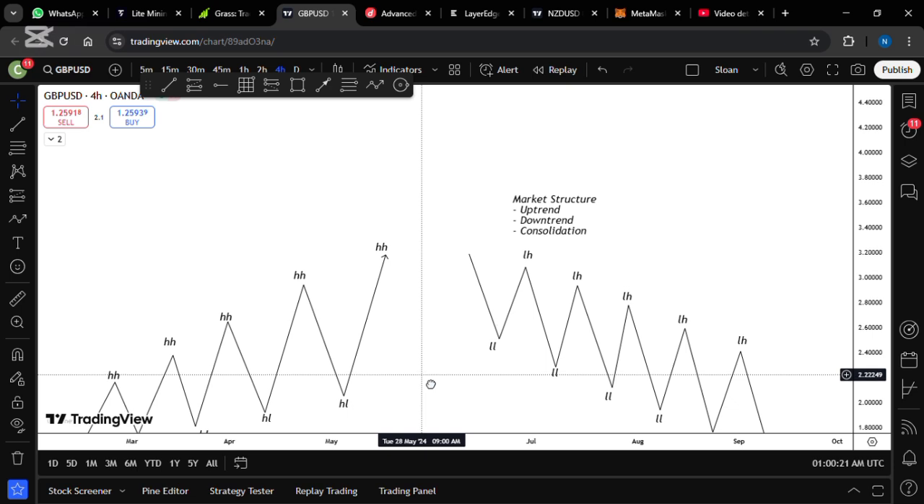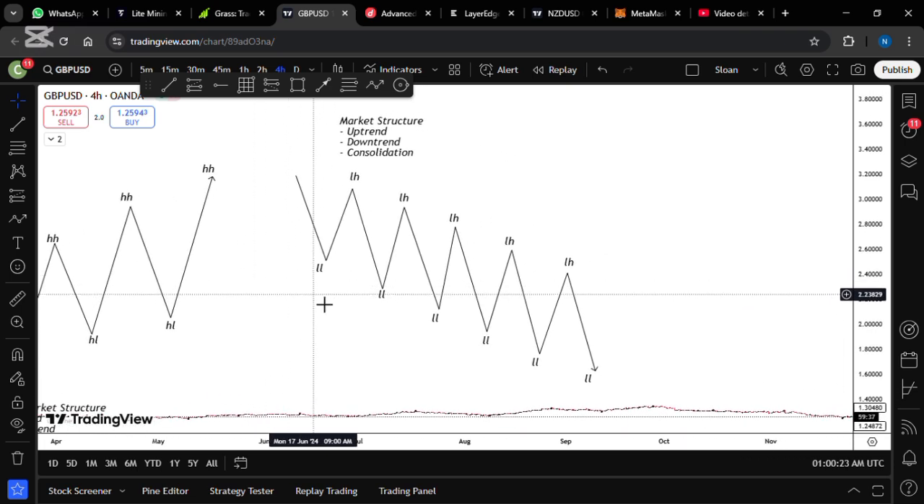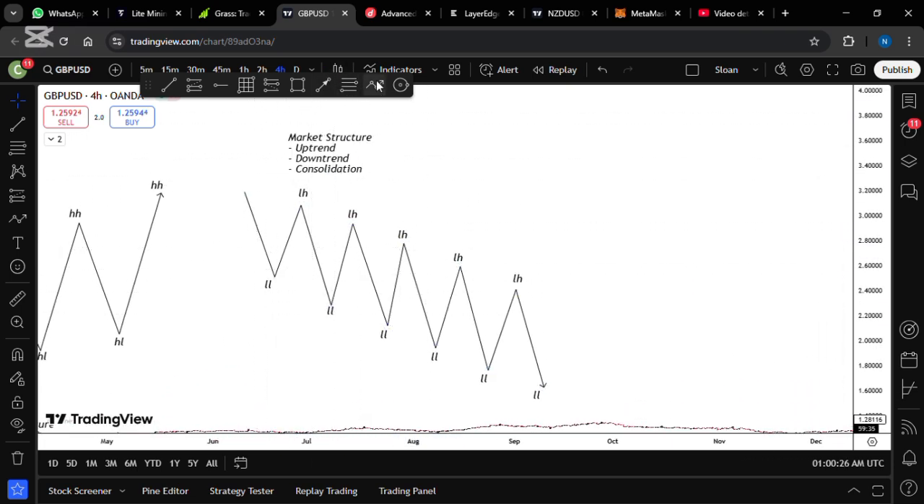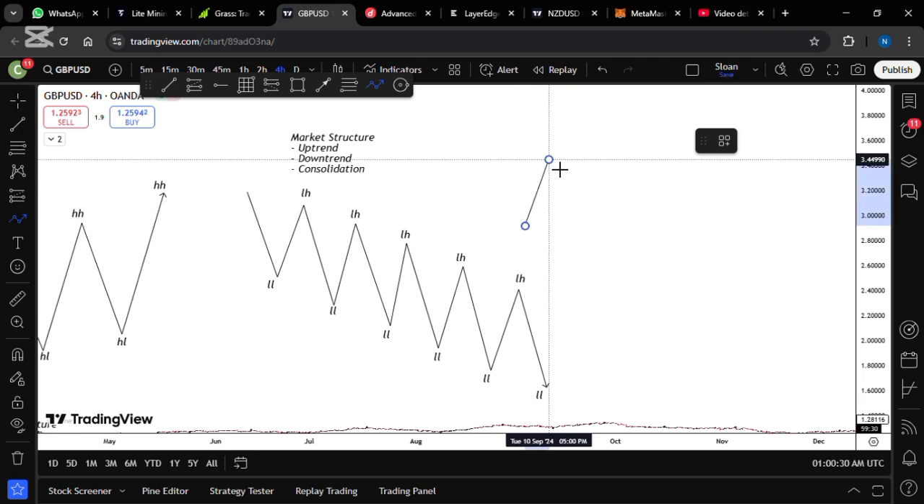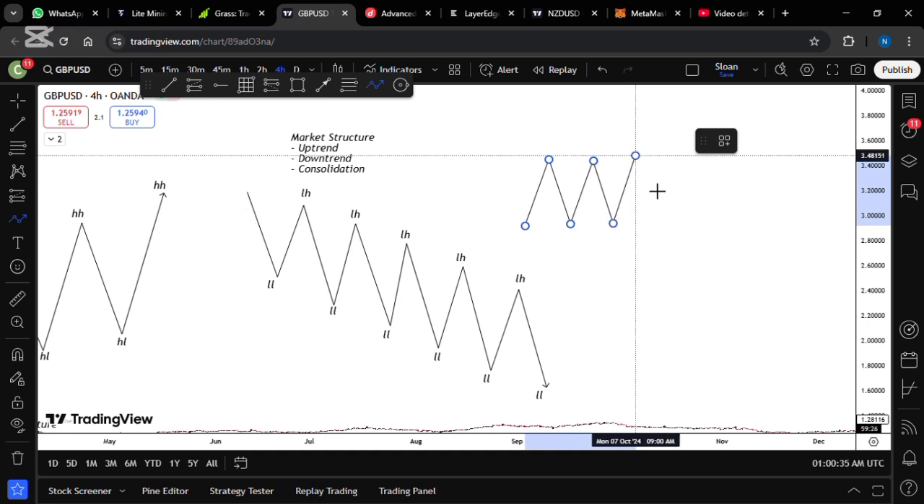Now, in this consolidation, there is neither a break to the upside or to the downside. It's just a ranging market. It's just a movement in a box. You get tapping into reference ranges and then reversing. All right, so